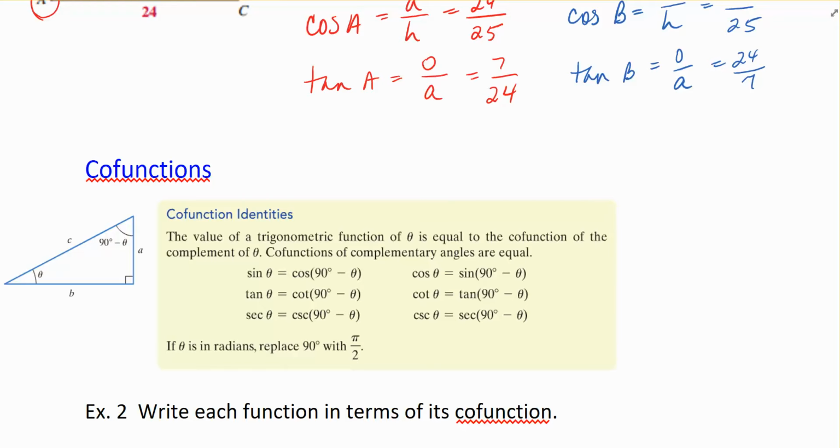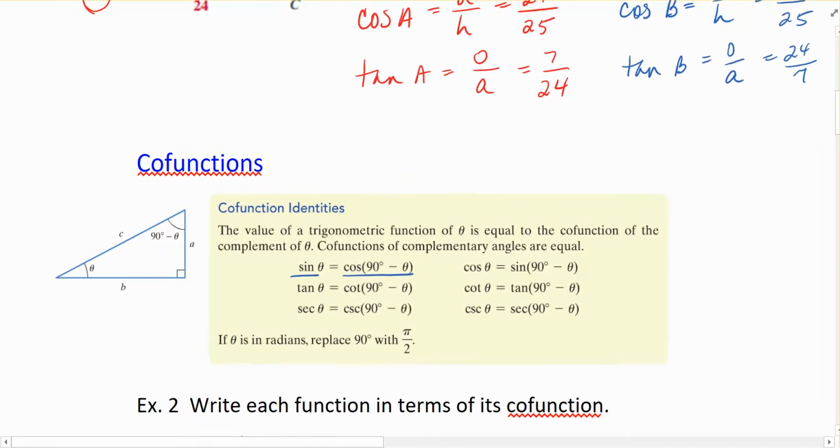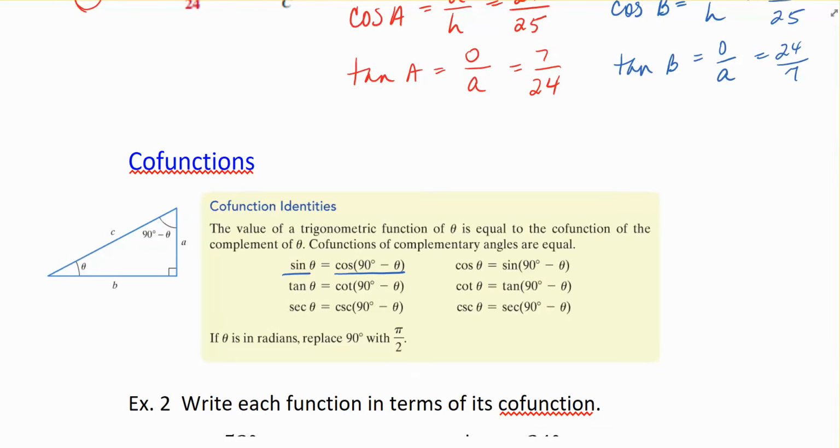The next topic that we want to talk about has to do with cofunctions. When we look at cofunctions, we're looking at this idea that there's some sort of relationship between the sine of one angle and the cosine of its complementary angle. Now remember, we've talked about complementary angles in that complementary angles are two angles that add together to give us